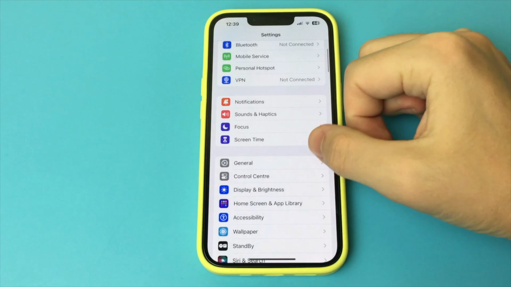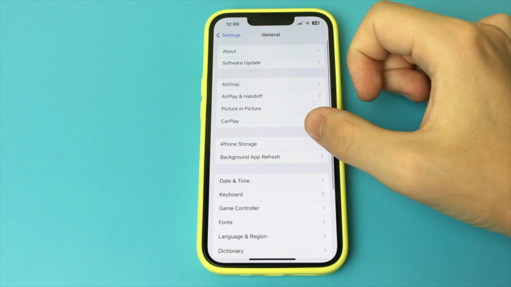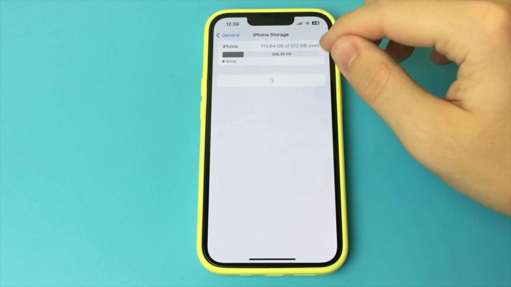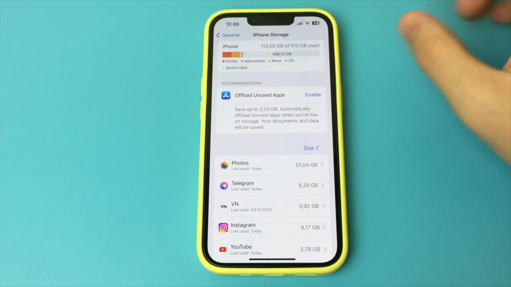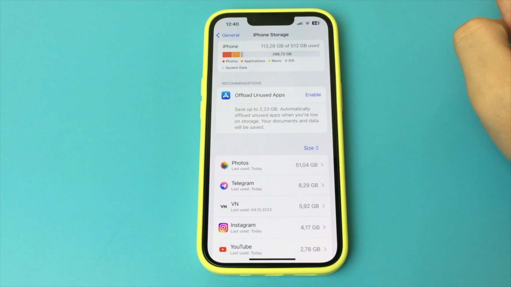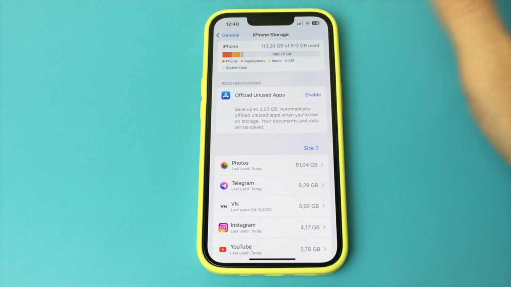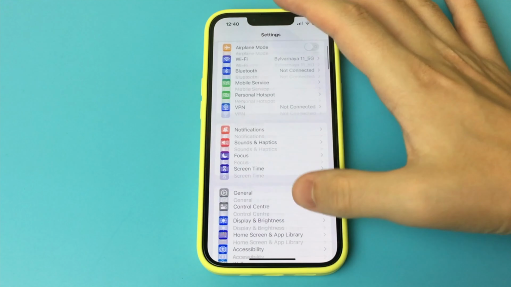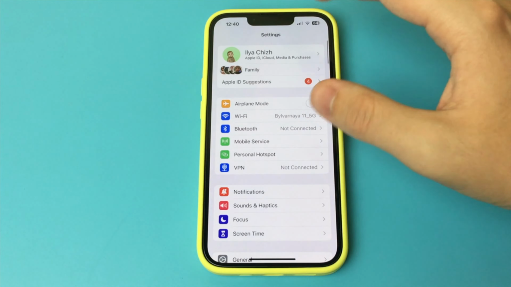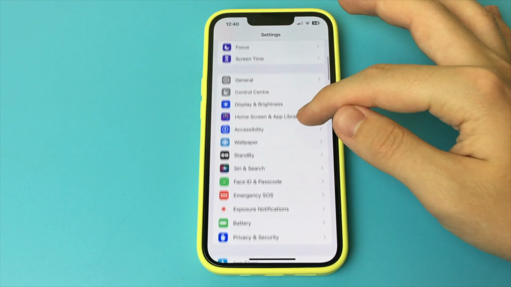In this video, I want to show and tell you how to clear cache system data on your iPhone. This is the garbage that accumulates on our phone, and not everyone knows how to delete it. There are many different ways. There is one way which will not clear everything, but it will remove a significant part of it. How to do this? It's very simple.